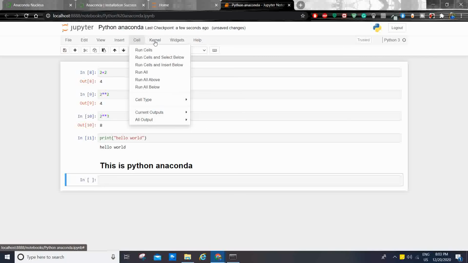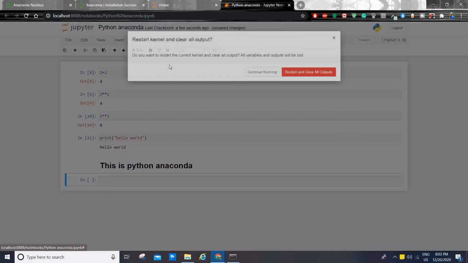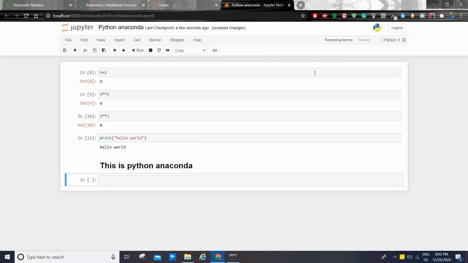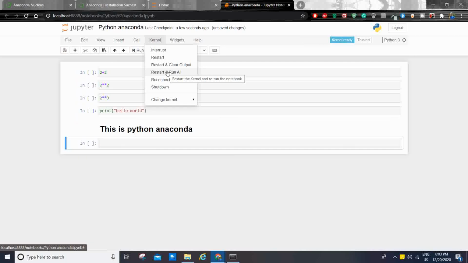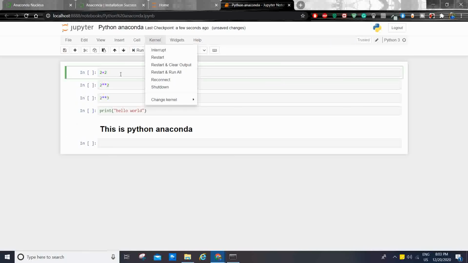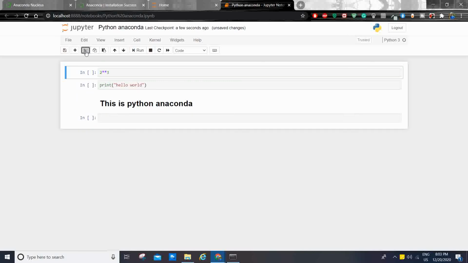You can say restart and clear output, restart and clear all output, and all the output will be deleted from here. You also have restart and run all, and it will run all. You see, right, these are all deleted here, clear output, right? This is clear. And even you can remove from here.